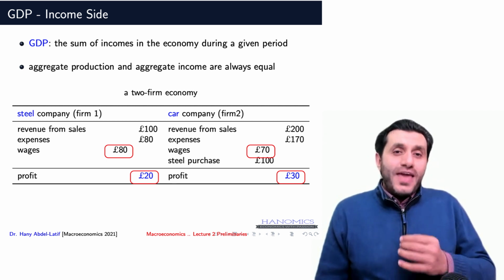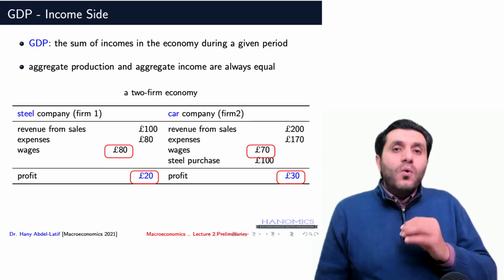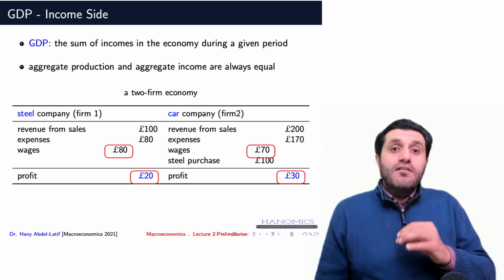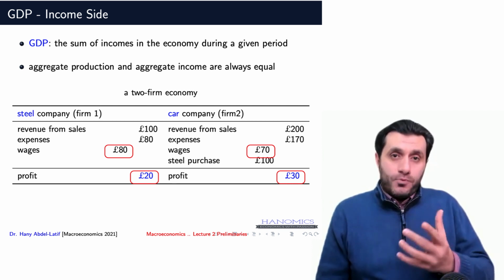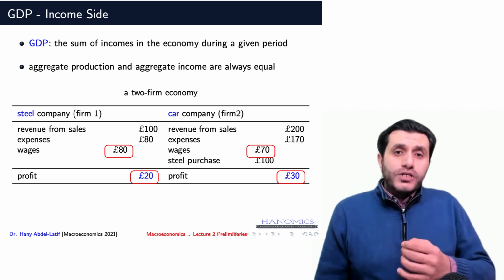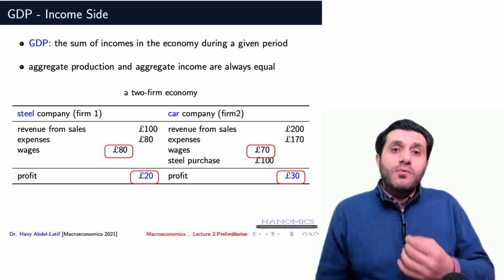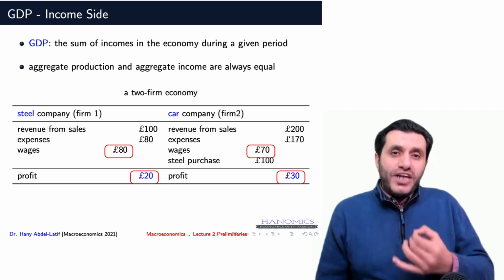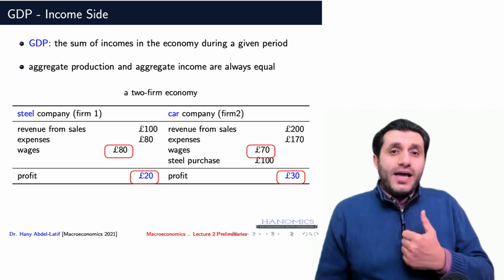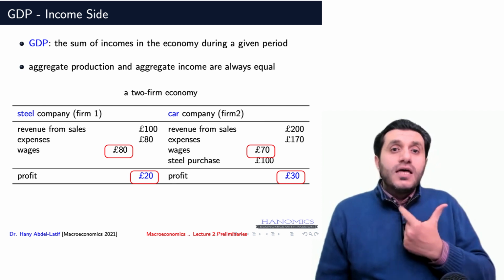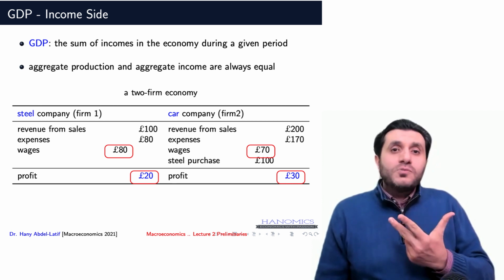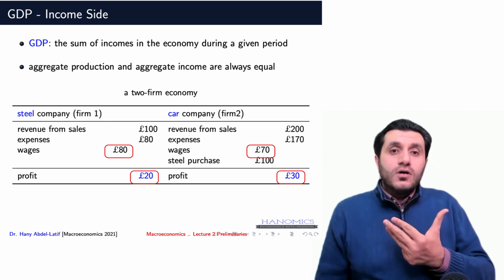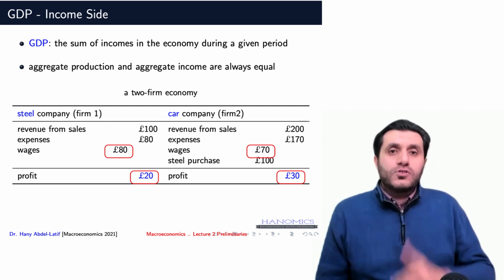In addition to the output and income approaches, one can calculate GDP following the expenditures approach. This approach calculates GDP by evaluating the sum of all final goods and services purchased in an economy. It simply adds up consumption expenditures, investment, government spending, and net exports, or exports minus imports.